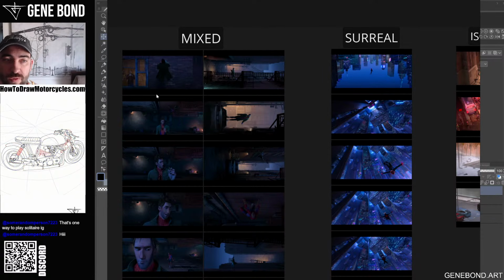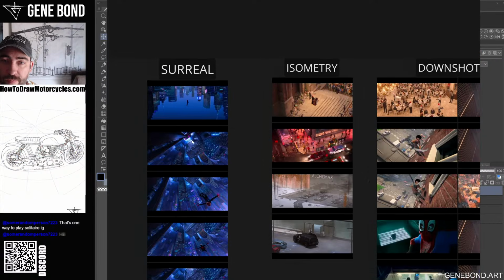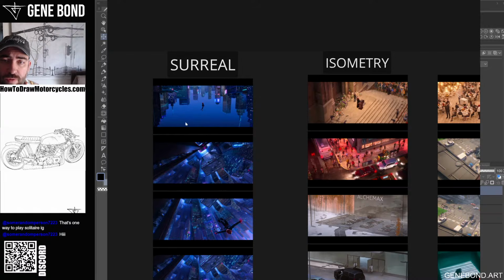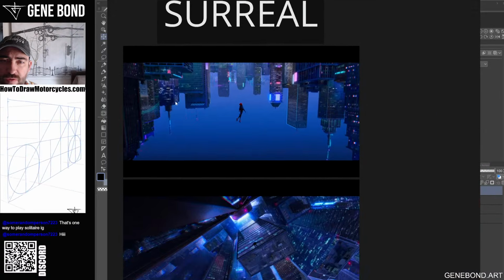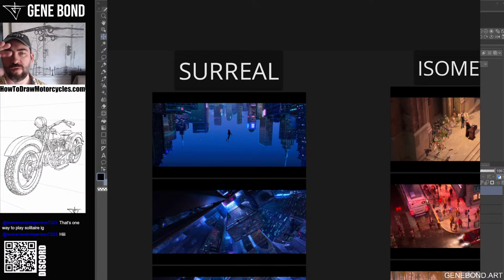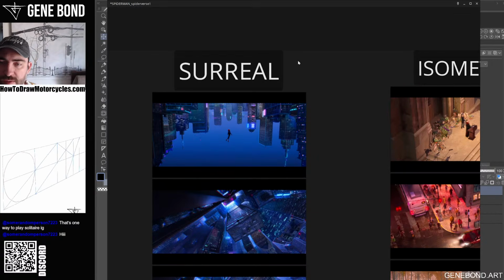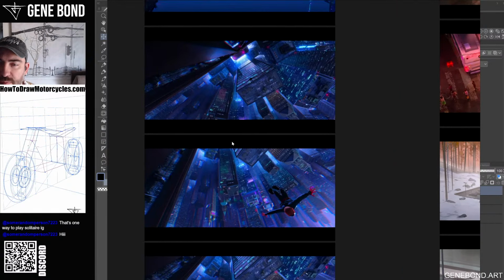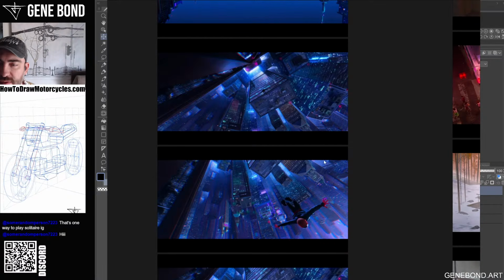So later I will also make a breakdown of this. We will draw some of this stuff. Then I think, okay, this category, because I don't know how to call it, I call it surreal, because they're playing with perception, right? So again, he's falling up into an inverted city, some mind-blowing kind of thing. Same here, they make the city look like an explosion, like this pattern